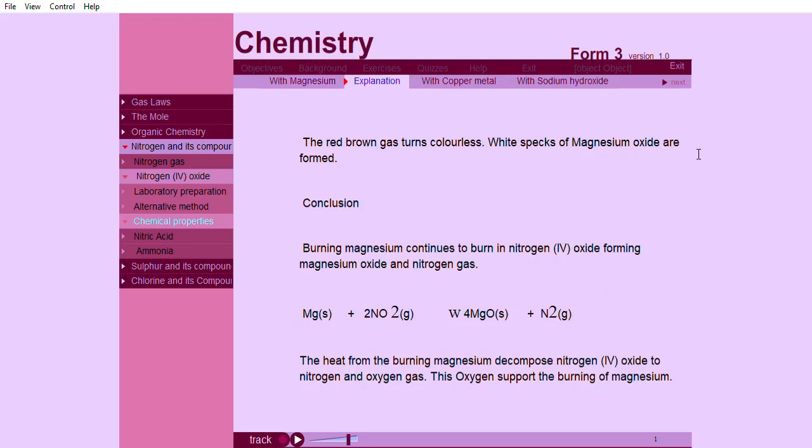The red-brown gas turns colorless. White specks of magnesium oxide are formed. Conclusion: